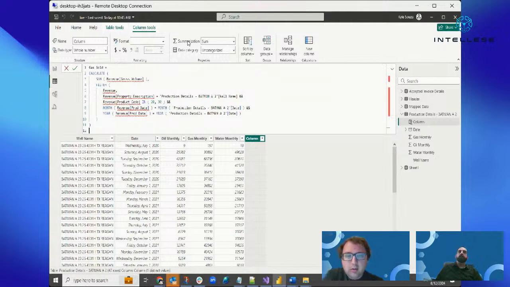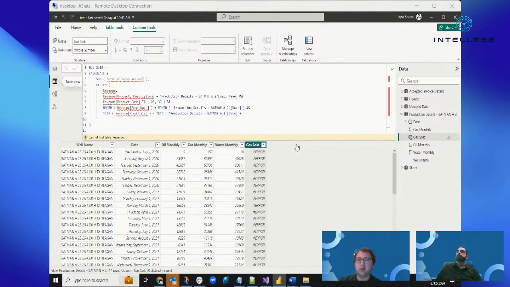There we go. So what I'm saying is that I want a column called gas sold that is going to sum the gross volume from my revenue check where my property description matches my well name and my product code are my gas product codes of 20 and 30, and the month and year from the revenue check match the month and year from my oil and gas production data. So we're going to do that for gas, and then we're going to do a very similar one for